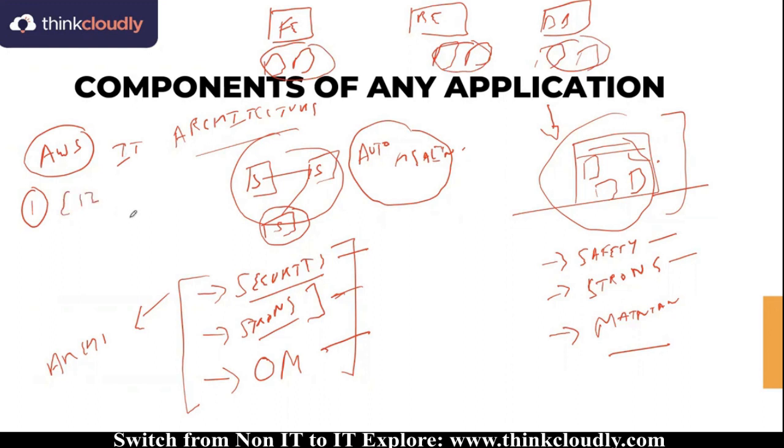EC2 helps us to create the servers. I hope everyone knows this. People who are joining us new might not know it, or the people who are with us and have not yet joined us. So EC2 is the service which is going to help you create the servers. So the first thing we have addressed is that we have our servers with us. Now second, we want